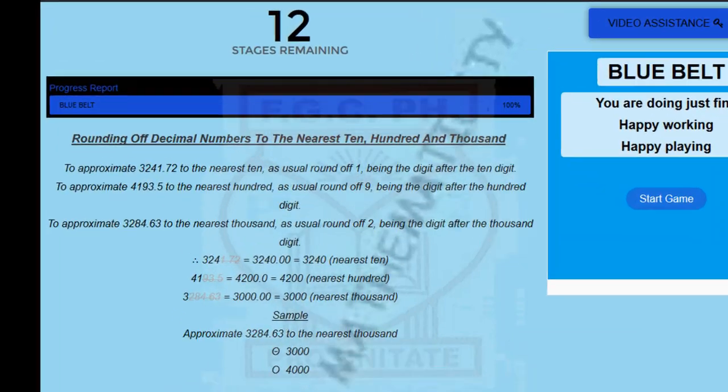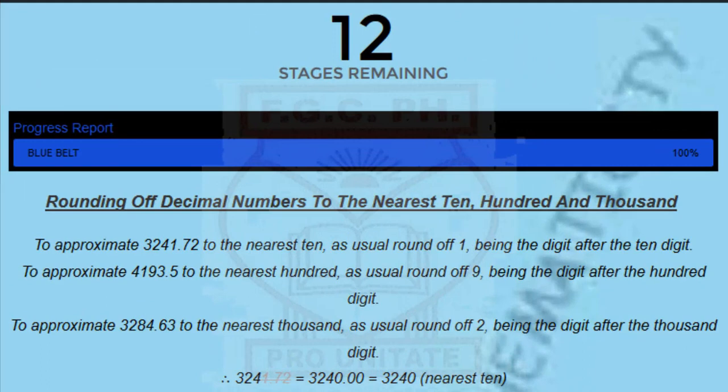Here I want to show you how to round off decimal numbers to the nearest 10, 100, and 1000. Actually, with this knowledge, you can do beyond 1000. You can do up to 10,000, 100,000, million, and as much as you can go. So now we begin here to approximate